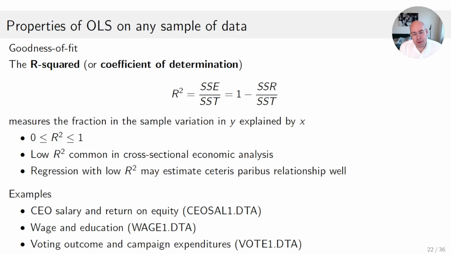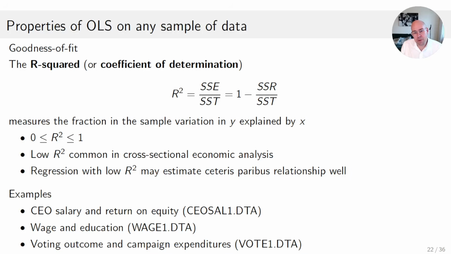Sometimes it's also called the coefficient of determination, but most people know it for sure as the R-squared, and it would be equal to the explained sum of squares. So by definition, it's the explained sum of squares divided by the total sum of squares, and by means of the equation on the previous slide, since the total sum of squares is the explained plus the residual sum of squares, we're going to get